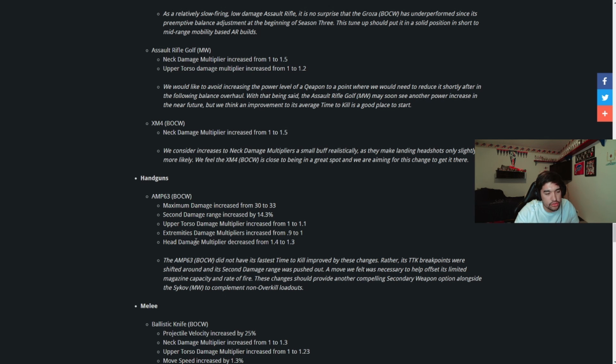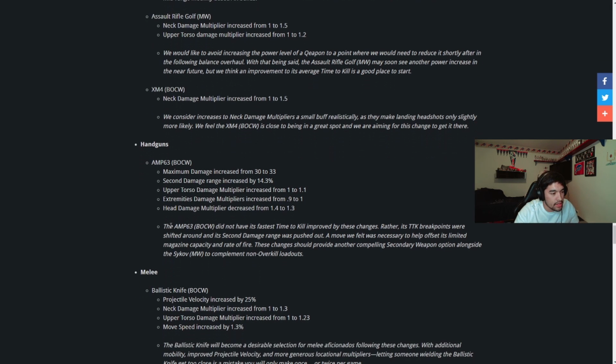I think the problem is it's only a 25 round mag, and if you're going to use an auto pistol, you might as well use the 80 round Pischov. The AMP 63 did not have its fastest time to kill improved by these changes. Rather, its TTK breakpoints were shifted around and its second damage range was pushed out, a move we felt was necessary to help offset its limited magazine capacity and rate of fire. These changes should provide another compelling secondary weapon option alongside the Pischov to complement non-overkill loadouts. Still seems like the Pischov's best. I mean, the Pischov's got 80 rounds, and I just don't think you can make up for that with the